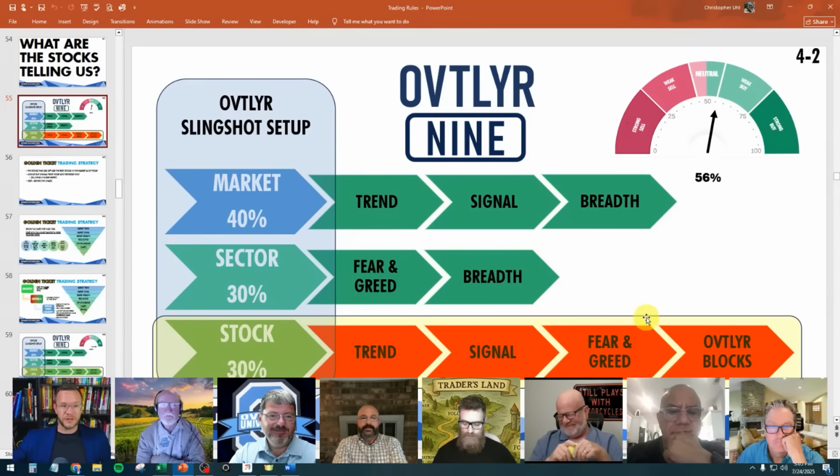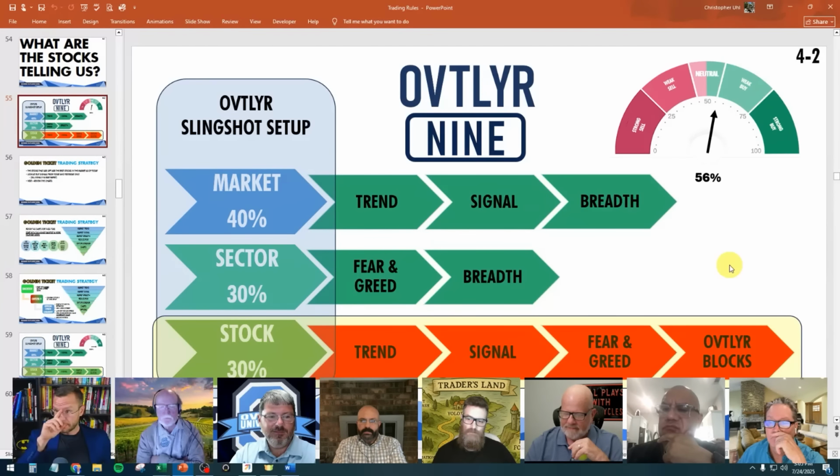Second most important thing would probably be outlier blocks, because those are areas of proven support and resistance. And I would not even touch a trade if it's running up into an outlier block. Even if everything else is set up, there's no way I'd do that. Least important, that's tough, because they're all super important to me. If I had to say what's the least important,